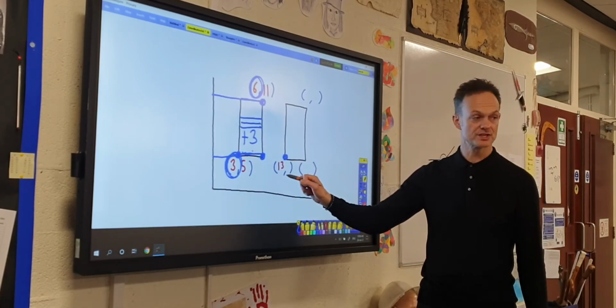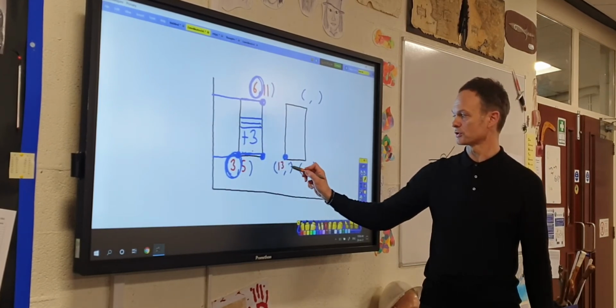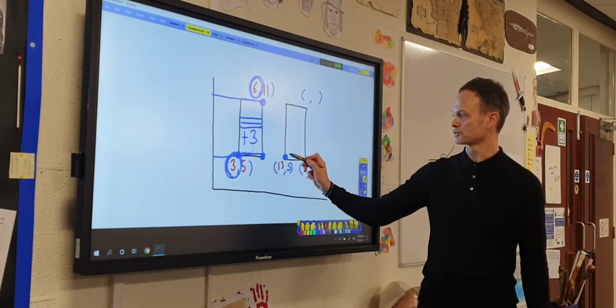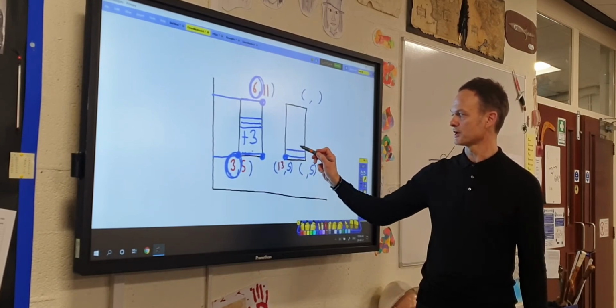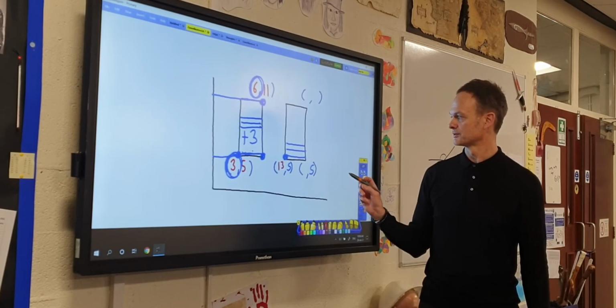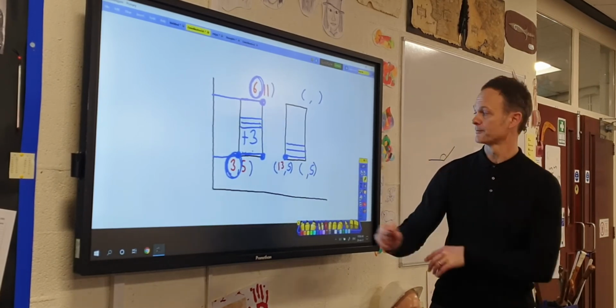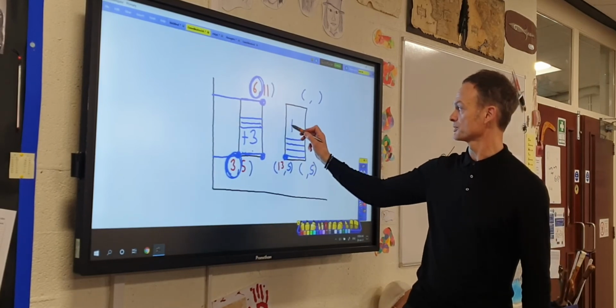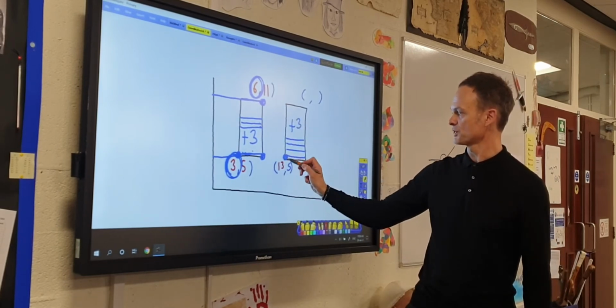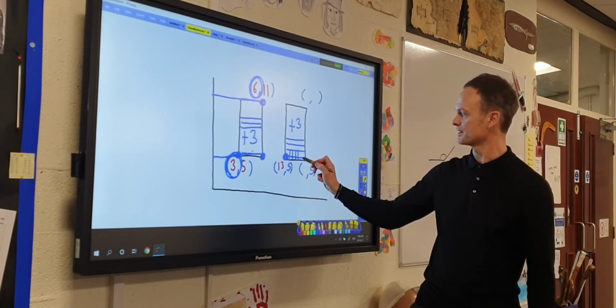It starts at 13. Now I know you've told me the up coordinates are both 5. Across this shape is worth how much? It's the same shape as the other shape. 3. So going across this shape is worth plus 3. So if this point here is 13 across, and this is worth plus 3,